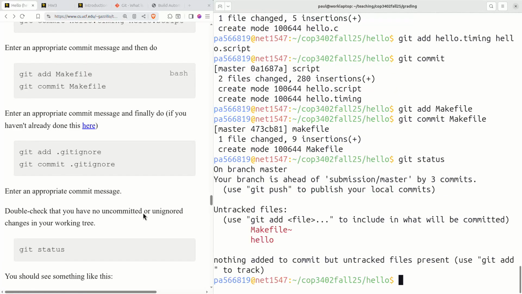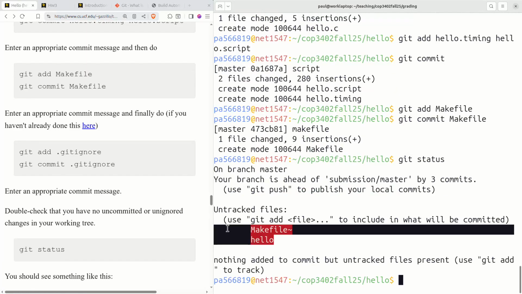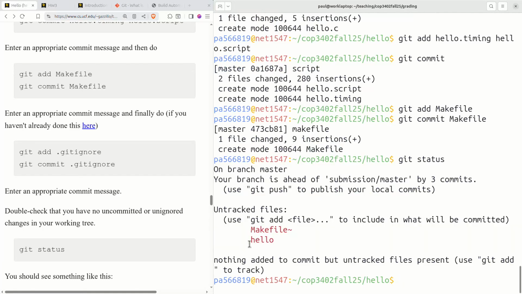Okay, so you can see that now I've committed them all, and so it just says, well, there are these like 2 extra files. I don't need to commit the hello file or the make file. But it's kind of annoying to have these being, Git telling us that these are